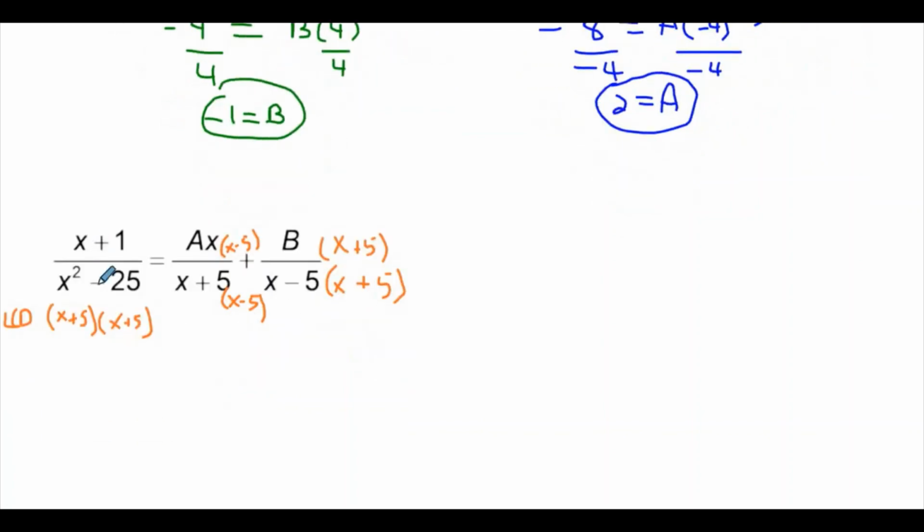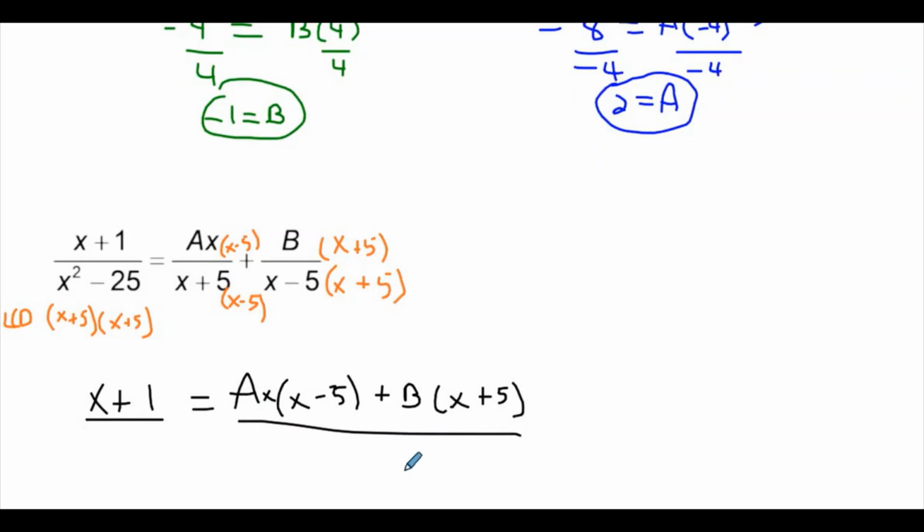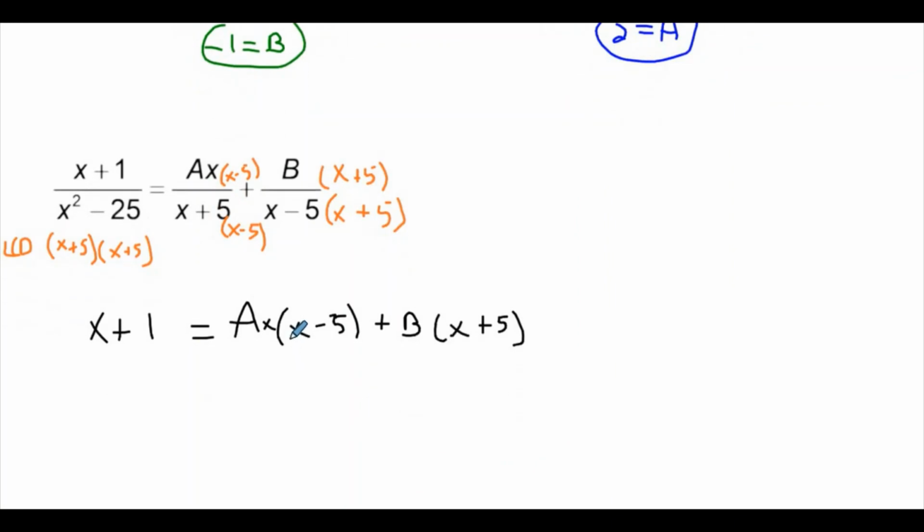So here we would have x plus 1 over our common denominator is equal to a times x times x minus 5, plus b times x plus 5. And these have a common denominator, right? But we know it's going to cancel. So at this point in the game, we'll just call that part good. So how do I zero out a? What I'm going to do, and this is very powerful, even though there's an x here, is let